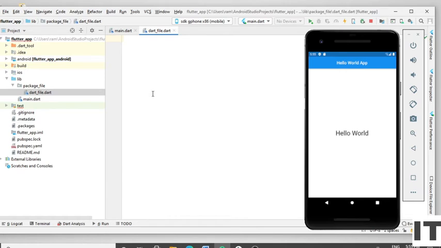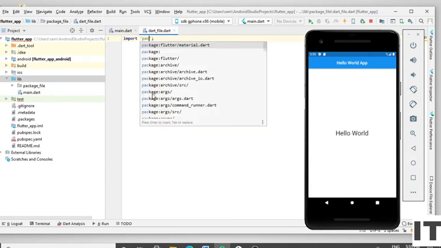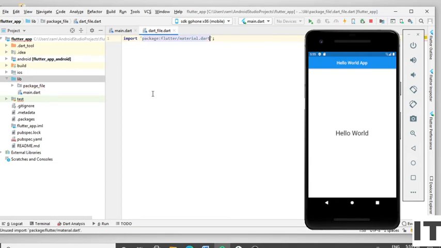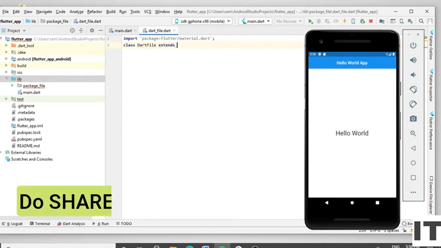Now import the material.dart package. Now create a separate Dart class that extends StatelessWidget. Type the class, type the Dart file name, extend StatelessWidget.